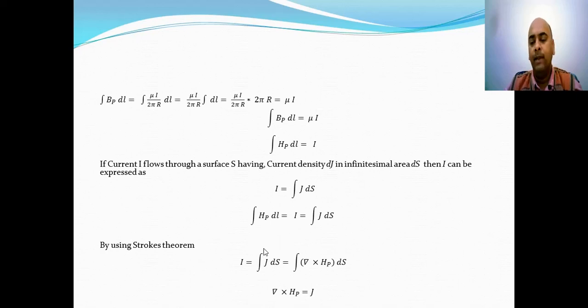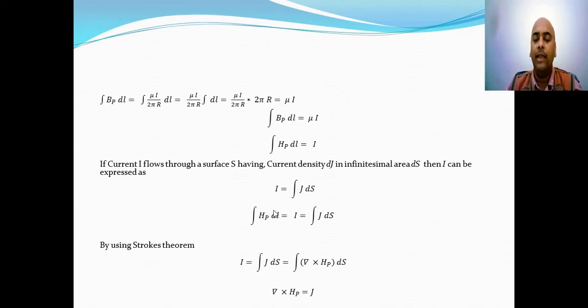For example, here the current I is J dot dS, which is equal to H dot dl, that is, the integral of